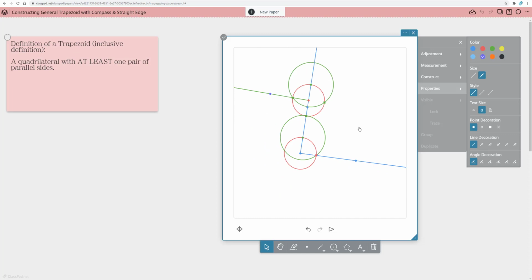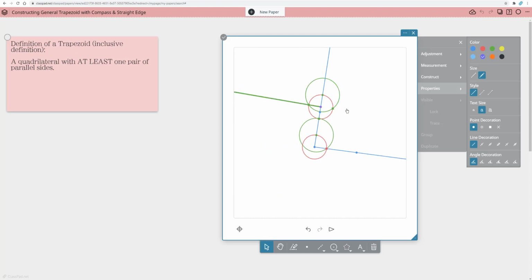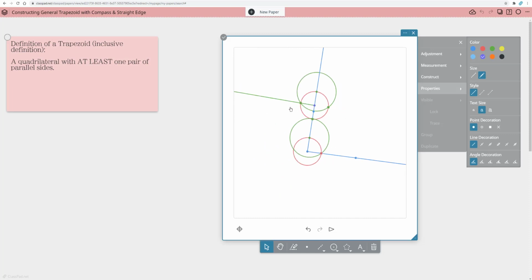And so I'm going to, oh, that went crazy. I'm not quite sure why it did that. There we go. Here's my point. Okay, sorry about that one, crazy. I'm going to now hide all the constructs I don't want. I just really want to see the 4 vertices so that I can construct my trapezoid. So this is the underlying constructs.